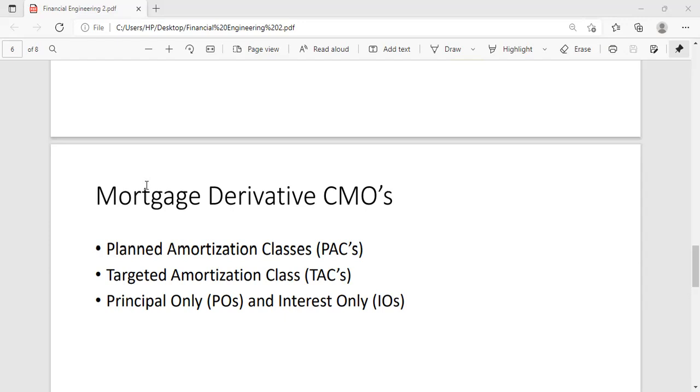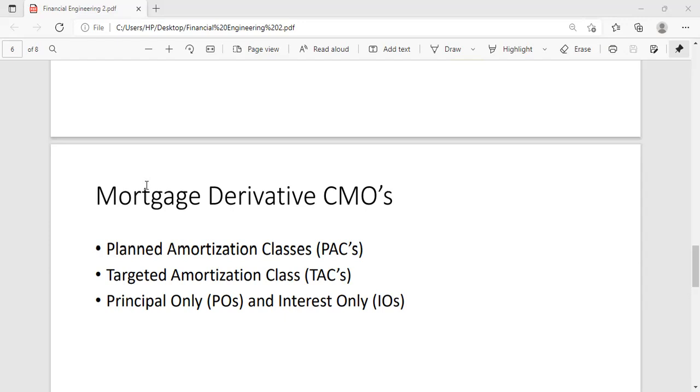Okay, here I will refer to PAC to denote the planned amortization class. In that case, PAC receives a guaranteed payment as long as the prepayment rate stays in a certain band. If you are not clear what I mean by prepayment rate, as you know, the mortgagor or originator of the mortgage may have the chance to prepay the mortgages or prepay the